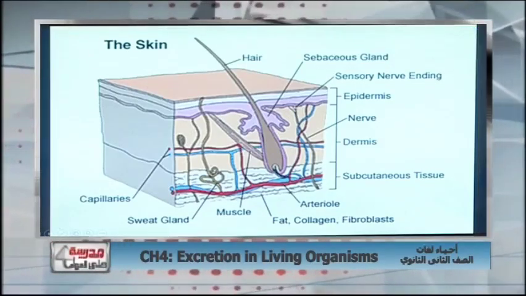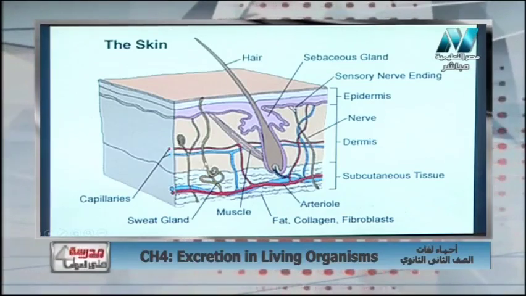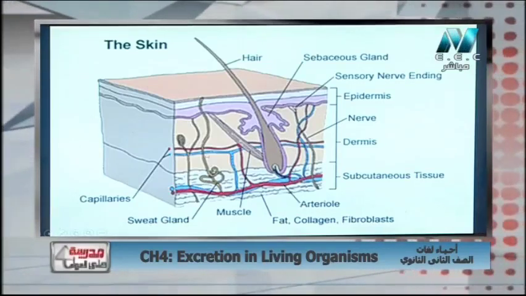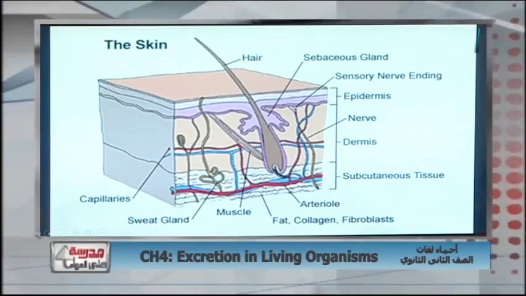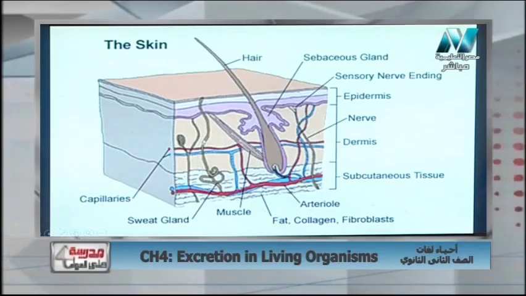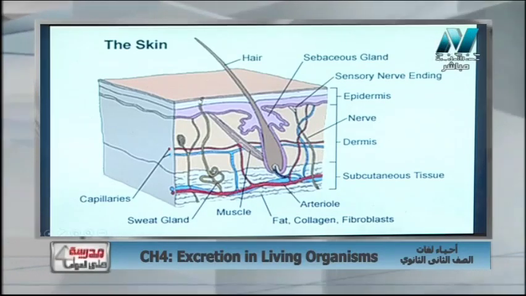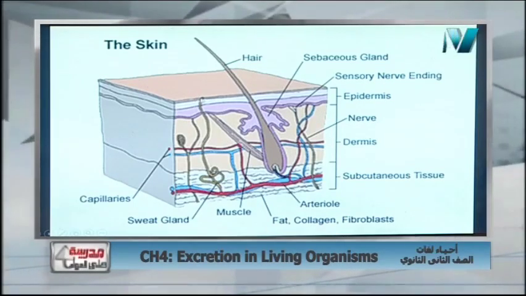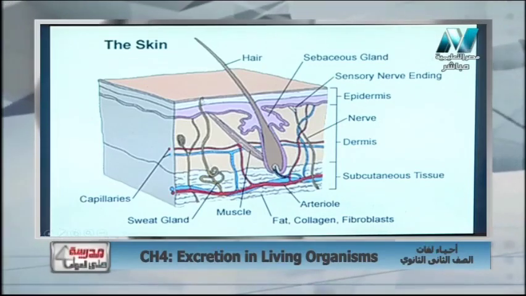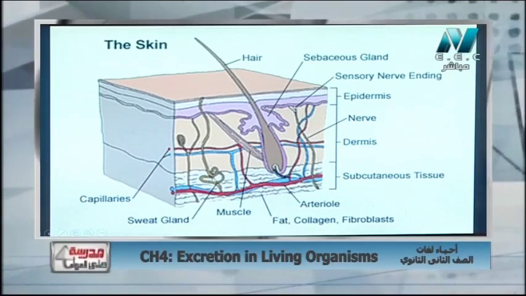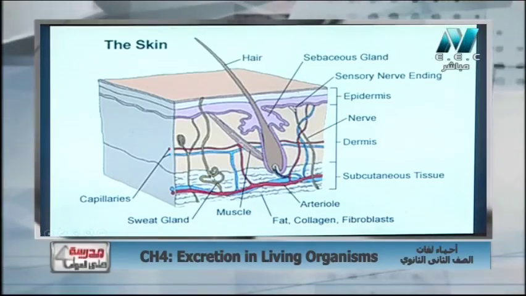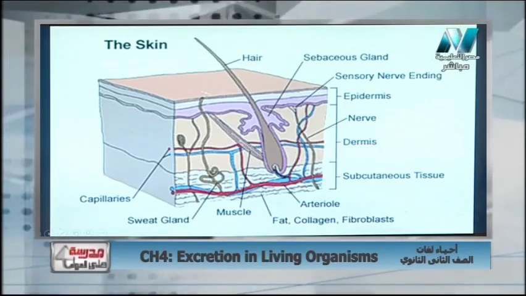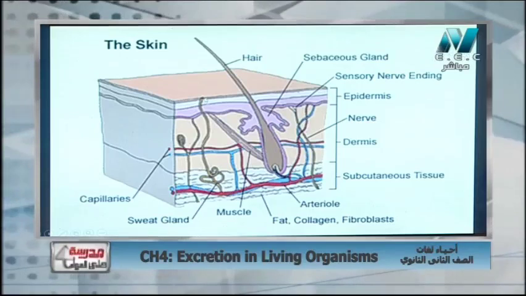The most important organ that we need to study here is the sweat gland. The sweat gland, as you see, is a coiled tube supplied with blood capillaries and has one tube that goes out of the dermis and opens to the skin surface in the epidermis by a sweat pore. The sweat gland can extract the sweat from the blood, and the sweat goes out of the body through the pore that opens in the epidermis.